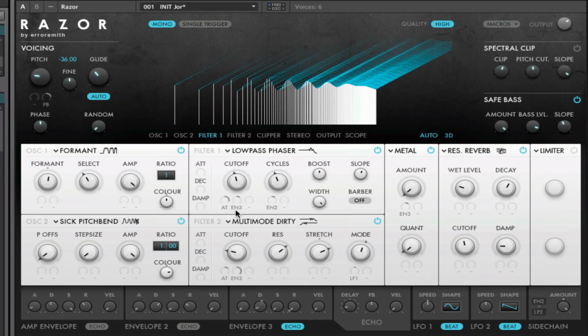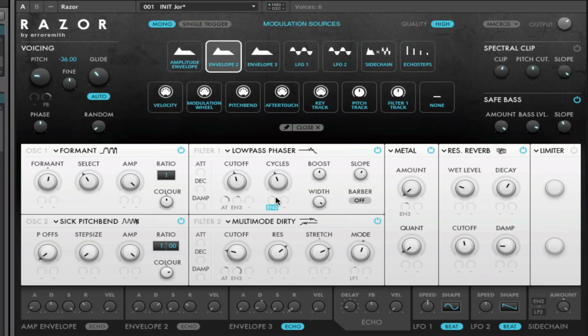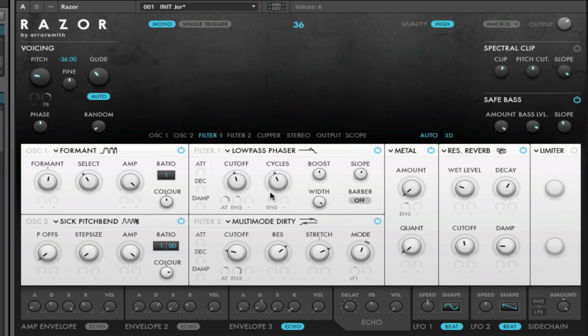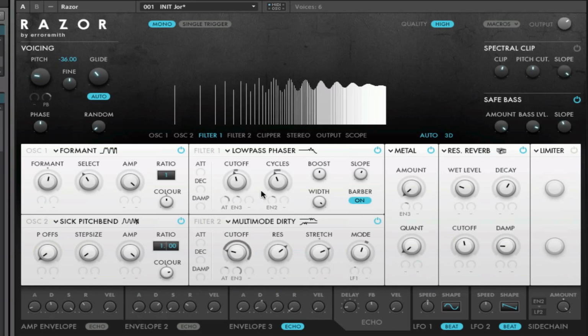Then I have envelope 3 on there, also with a small amount, somewhere around 25. And I have envelope 2 on there with, let's say, an amount of 30. Oh, and you should turn the barber off when you load this low pass phaser,